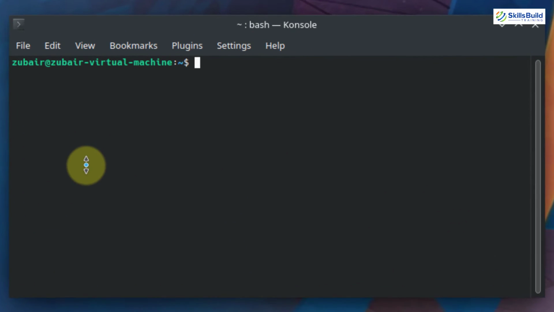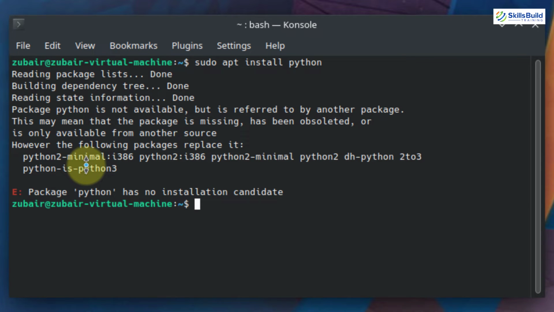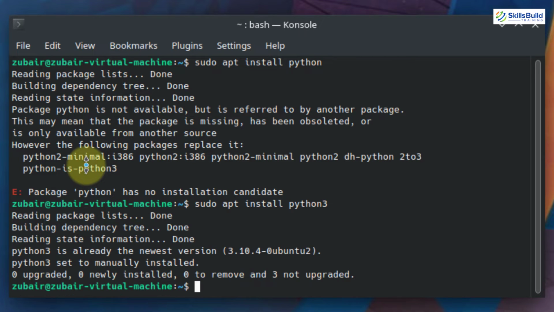To install Python into your Kubuntu, we have to use one simple command, which is sudo apt install python, and just hit enter. If you see this error, you just need to use the same command and at the end of it just write 3 and hit enter. And now you can see here it says Python 3 set to manually installed, and here